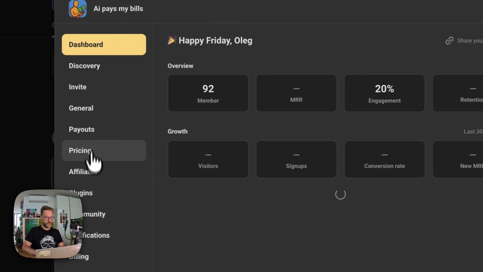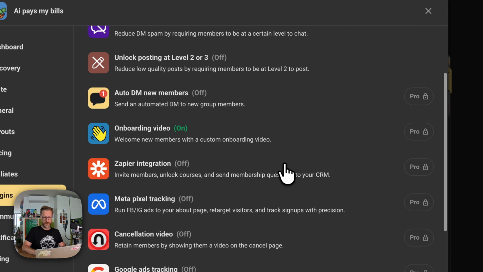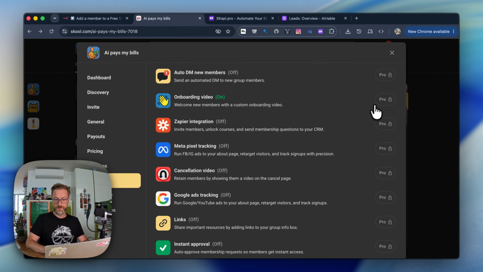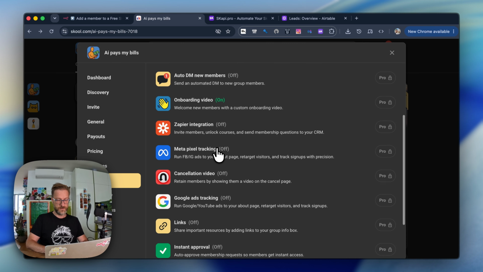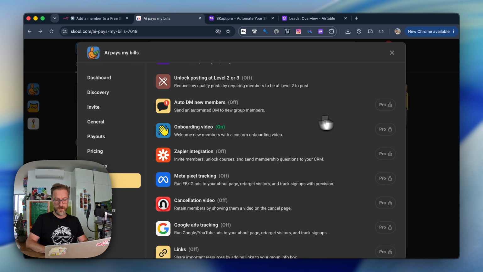But if you click on plugins here, you have to upgrade your subscription to Pro, and then you can do this manual auto approve or auto DM. But you can also do the same thing using my plugin, and you can do that with some kind of tricks, because usually if you do it manually, you open the gate and you invite all people to join your group, to join your community. But the problem with that is you don't have a spam